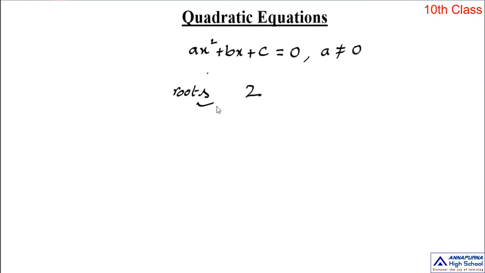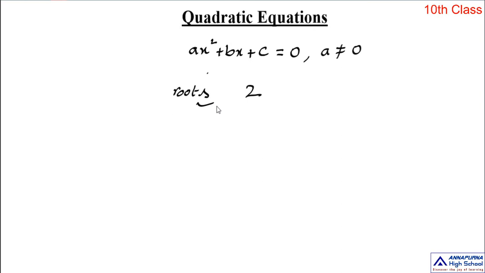So when you recall that second chapter, we found the zeros of quadratic polynomials, but we were not finding the zeros of all types of quadratic polynomials. When you observe the graphical representation of a quadratic polynomial, it is a parabola. If the parabola intersects the x-axis at two distinct points, then you can easily identify the zeros of that quadratic polynomial. If the parabola touches the x-axis at exactly one point, you can easily find the zeros.